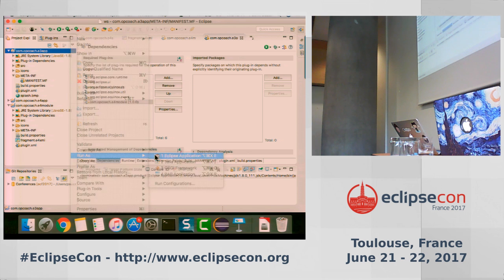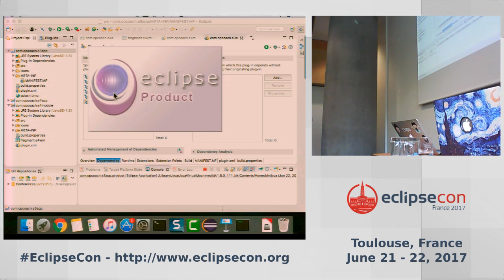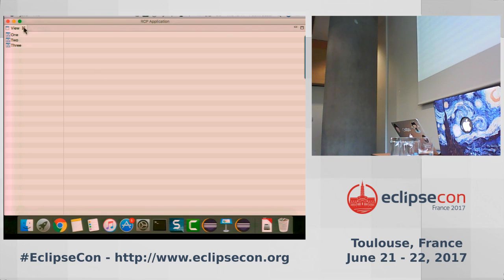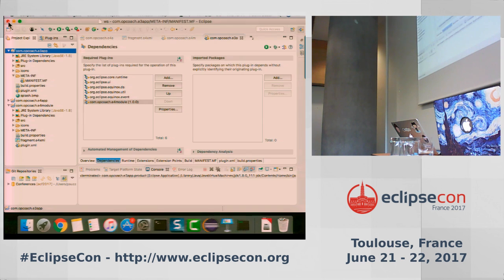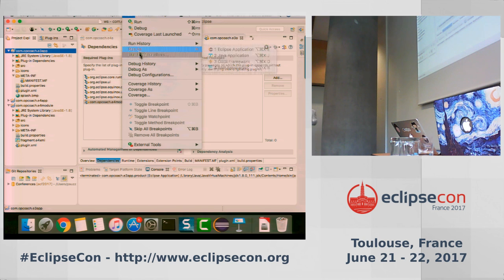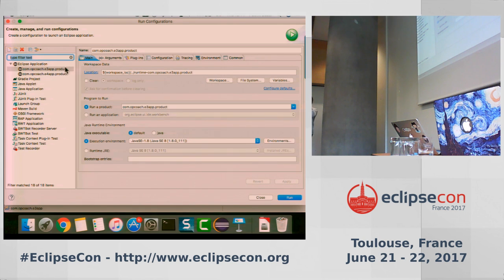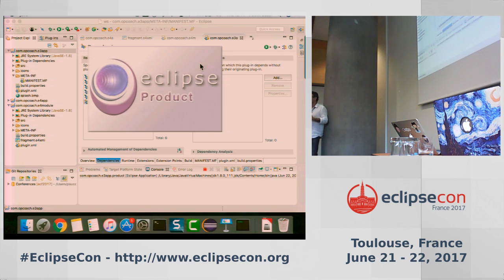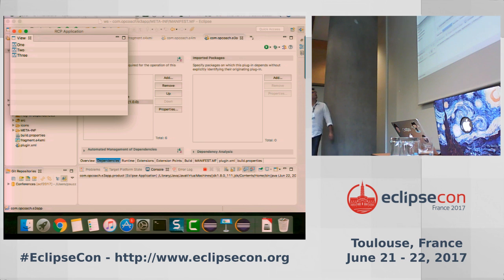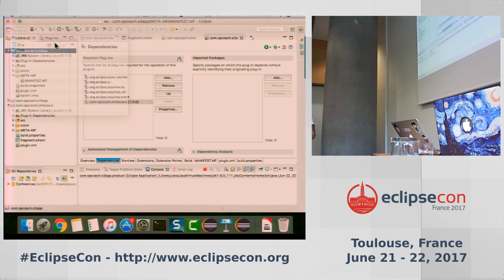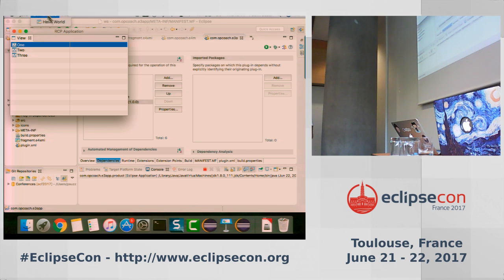So if you run the application once again, did you clear the workspace? In this case, once again, the runtime workspace, the E4 runtime has been launched. A default application model has been stored in the runtime workspace. If you want to restart when you develop your E4 application, you must always clear the workspace to be sure to have the same. And this time we see the E4 handlers and the file menu containing